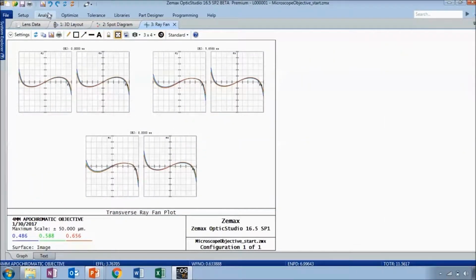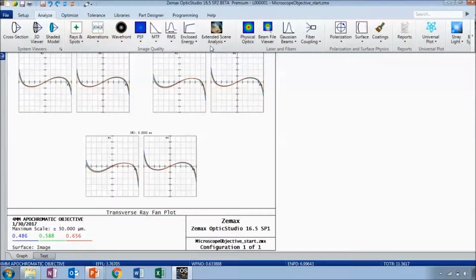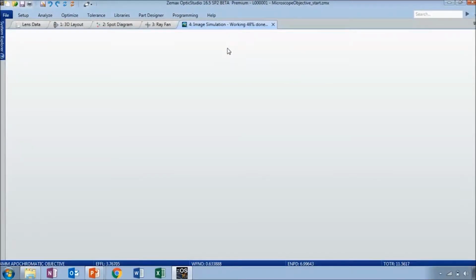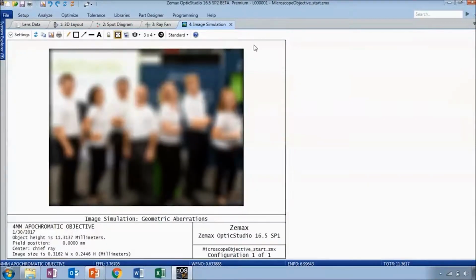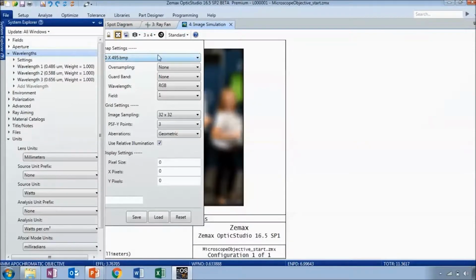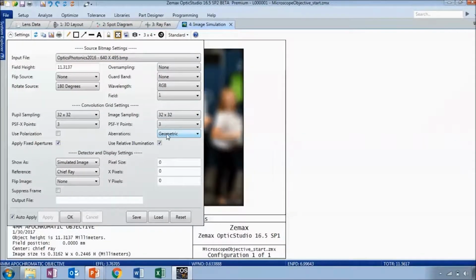Let's look at more of a full field analysis here. Look under the extended scene analysis and open up image simulation. This is using the settings that I had defined previously. So here, let me go in. And so this is a photo that I selected, which if you saw my recent image simulation webinar, we talked about setting this up. So right now what we're looking at are the geometric aberrations